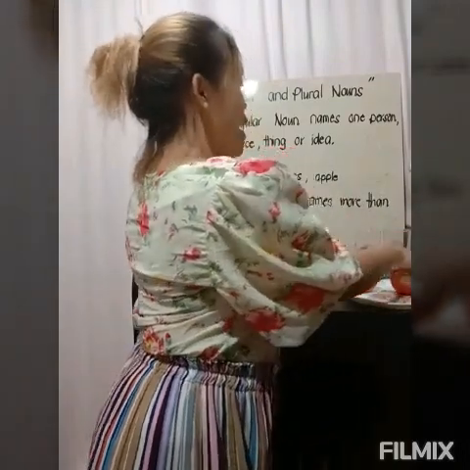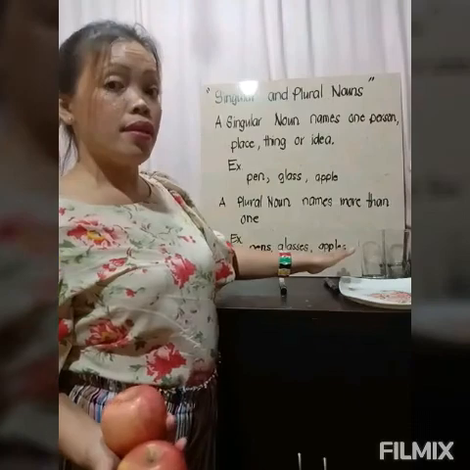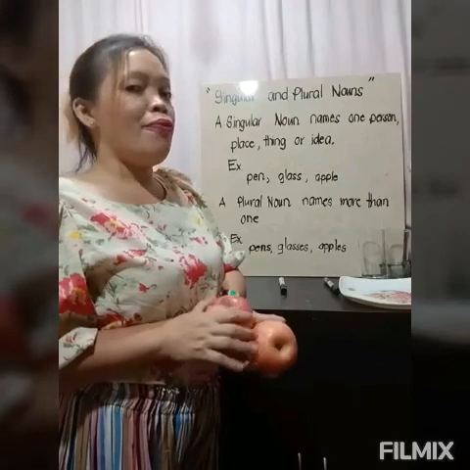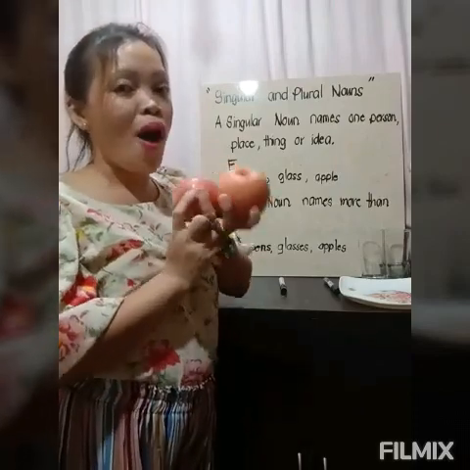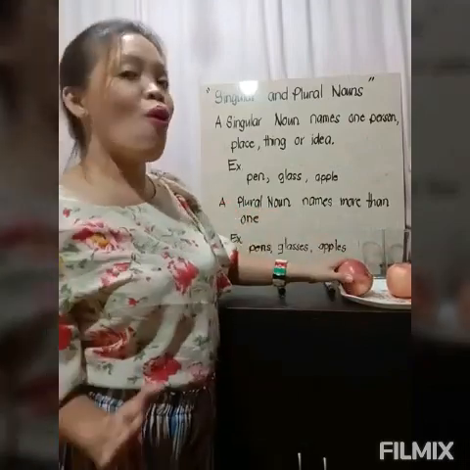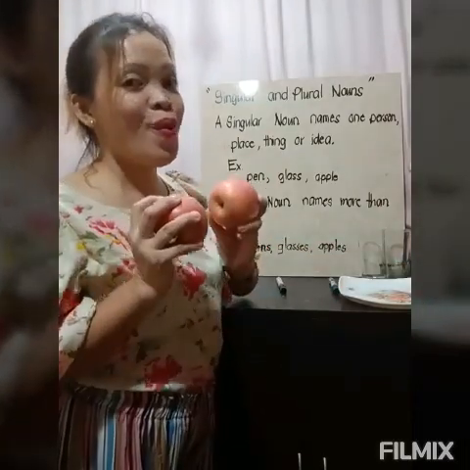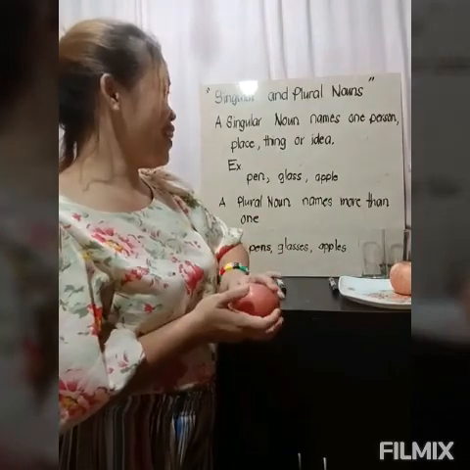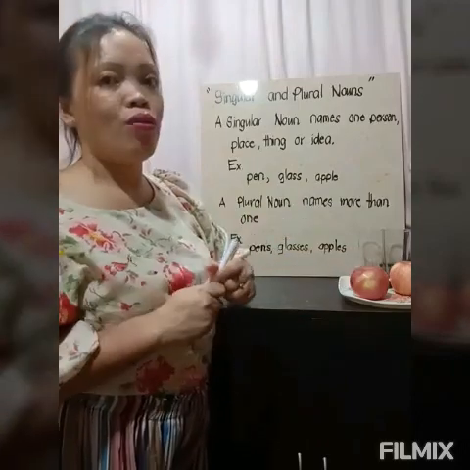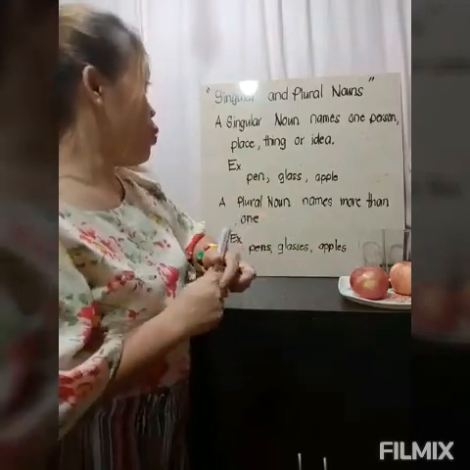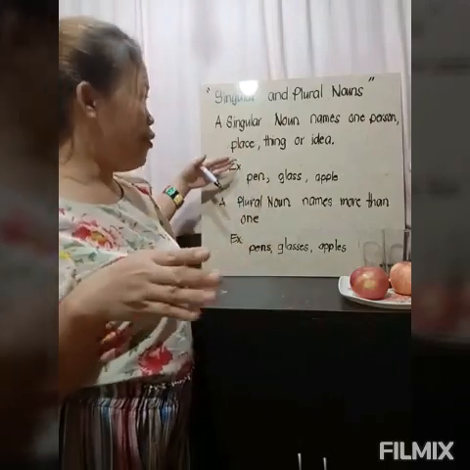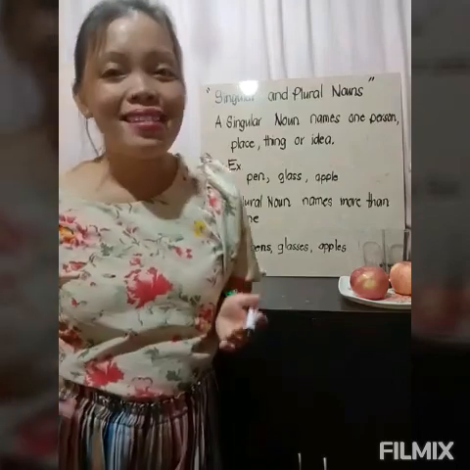Then we have the last one, apples. So let's try to figure out the real object of apples. How many in terms of its number? 2. So when you say apples, that names more than one. So here we have 2 apples. So that's it. Now, singular nouns name only one, right? So if we compare them to the plural,